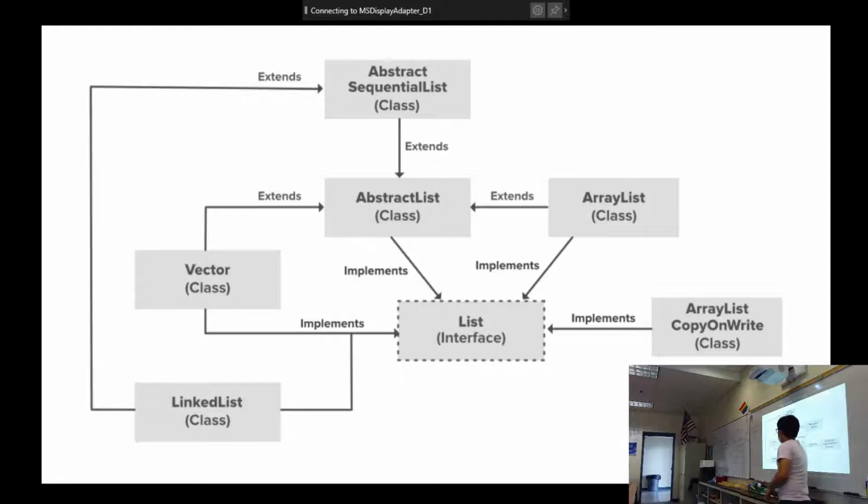All of these things here can add and remove things, right? They can all add and remove things. Array lists, you can add and remove. You can insert, you can delete stuff. You can do stuff in different places. Array lists are really nice like that. Vectors are the same thing. We're going to be learning about linked lists and how we can do an add and remove with a linked list.